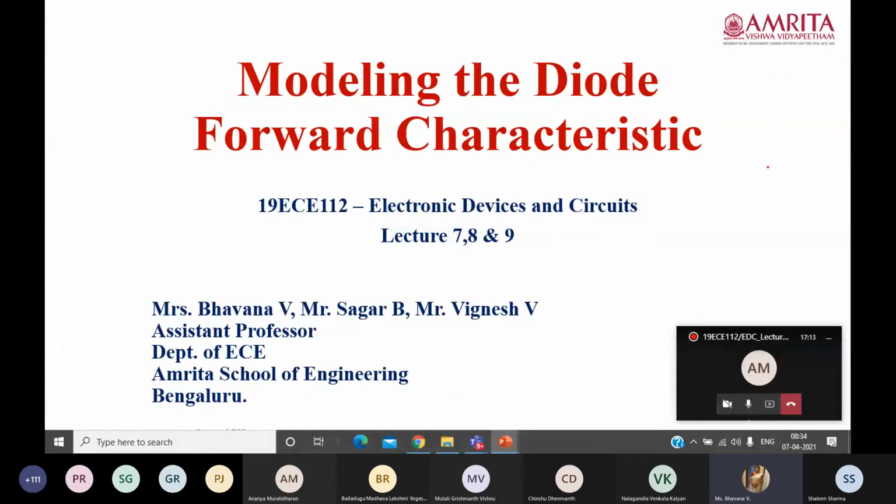Pranav, give me the diode current equation. I is equal to Is into e power V by NVT minus 1, ma'am. So what is that Is called? Scale current, ma'am. Why is it called scale current? Ma'am, it depends on the cross-sectional area of the diode. So if the area doubles, what happens to the diode current? That also doubles, ma'am. Okay, fine.